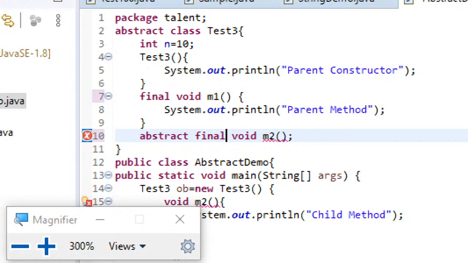Abstract and final cannot be used together, because you are declaring this method to be abstract, expecting the children to override it. Then there is no point making this abstract method final, because if you make an abstract method final, which cannot be overridden by the children, then there is no point.